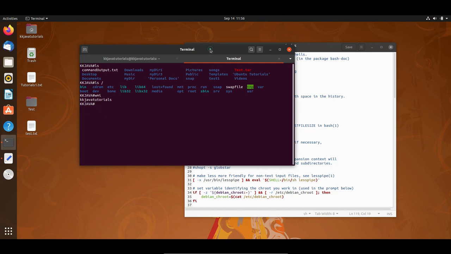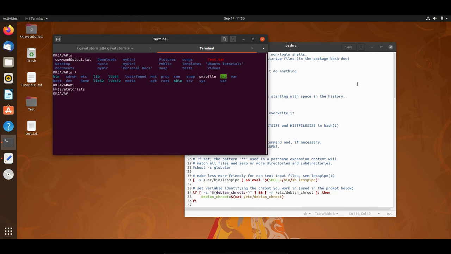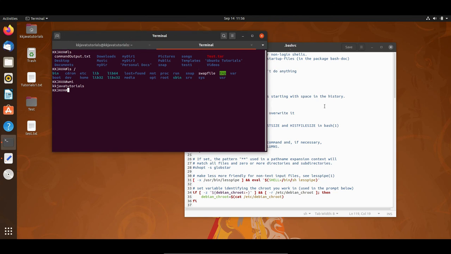So guys, as you have seen, this file can be customized. This file may not exist in some Linux operating systems, but it usually already exists in the home directory. If it doesn't exist, then you can explicitly create this file, right? And here we have seen how we can define a function, how we can define an alias, how we can even customize the terminal. Apart from that, let's say you install Java or Maven or Gradle or many other software, there you have to set the path for this software, right? So this file is also used to set the path or home directory for the JDK and all, right?